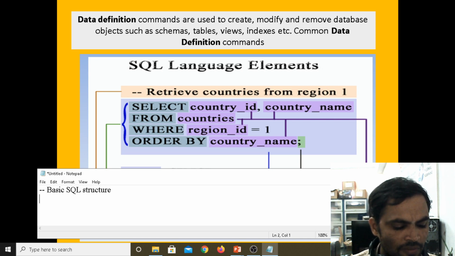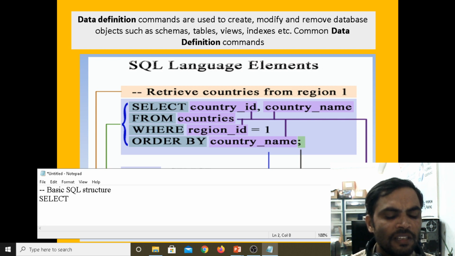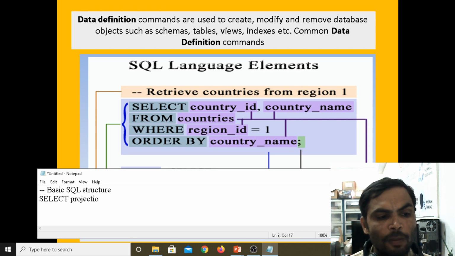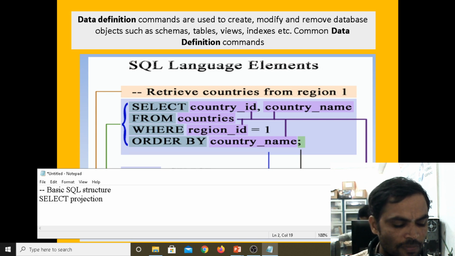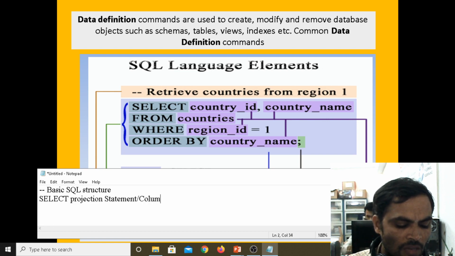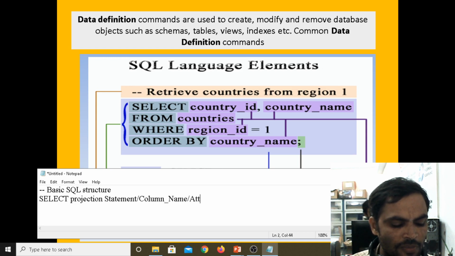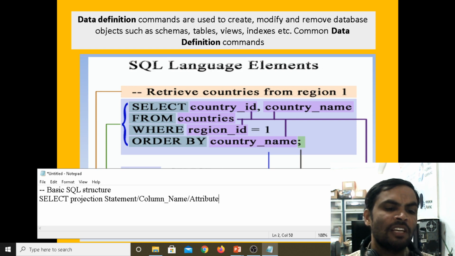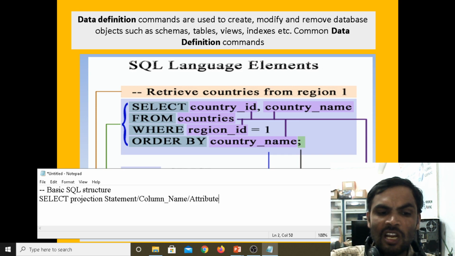Now I am writing the basic SQL structure, the select statement. After the select statement, we are projecting the columns. Already you learned in fundamental relational algebra that the projection operator exists. The projection statement, or we can call it a column name or an attribute name, is which column or attribute from the table you want to project.